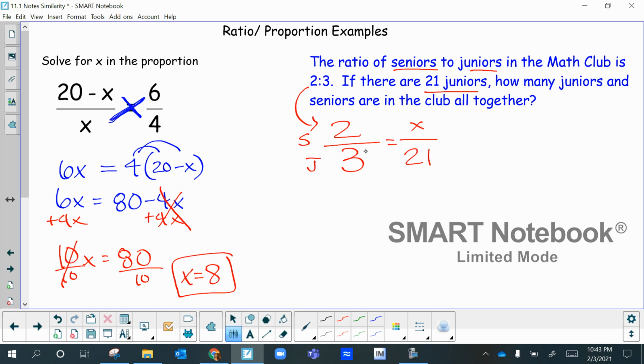So let's cross multiply. 2 times 21 is 42. And then divided by 3, 14. So x, which is the seniors, is 14. So there's 14 seniors. So they were asking all together, so we just have to make sure we add. So 14 seniors, 21 juniors gives me 35 all together. Okay, so setting up a ratio and proportion, that's it. All right,